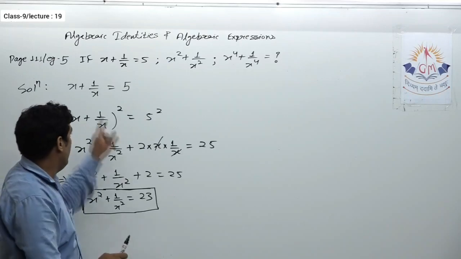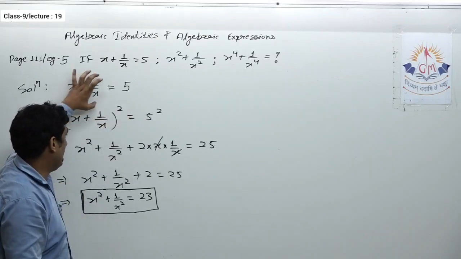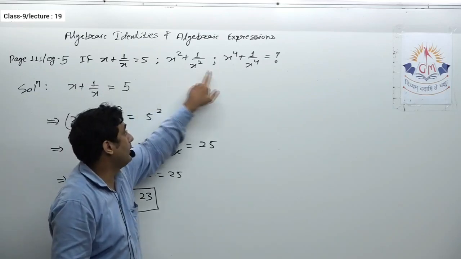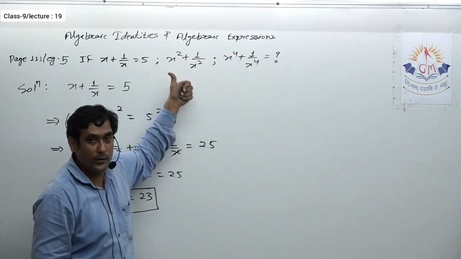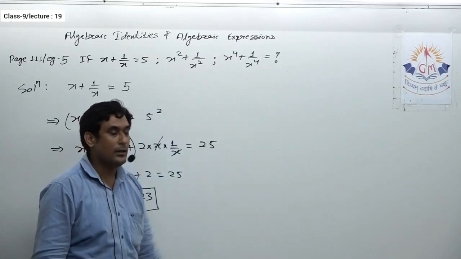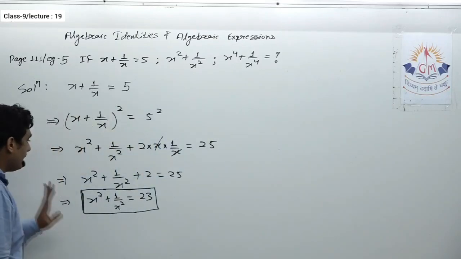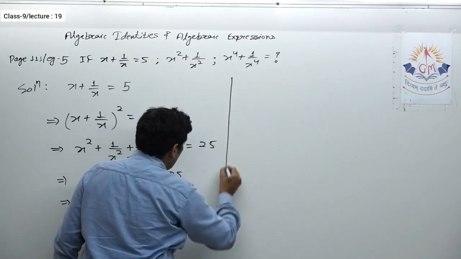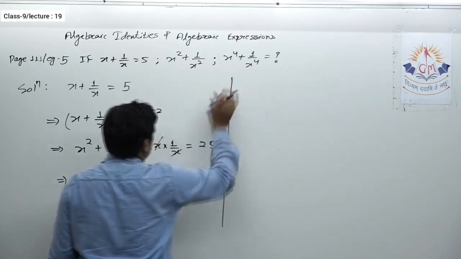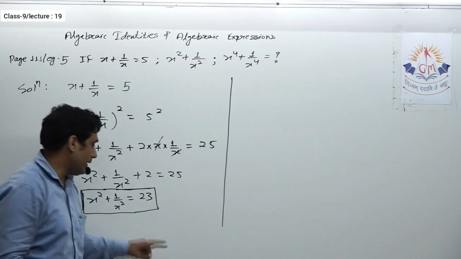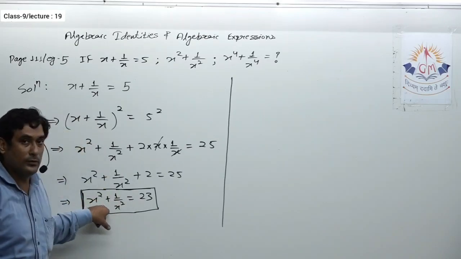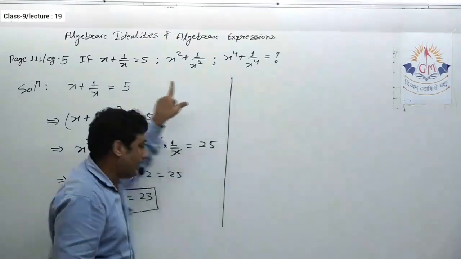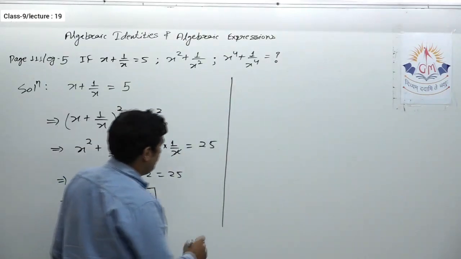And when we start from the smaller, sometimes we have to make a square, sometimes we have to make a cube, and that depends on the expression. If the power is 2, you have to make a square. If the power is 3, then you have to make a cube. So I hope this is clear to you. Now with respect to this expression, that is x raised to 4 plus 1 upon x raised to 4, this is always greater. It means to obtain this we have to start from the smaller one.